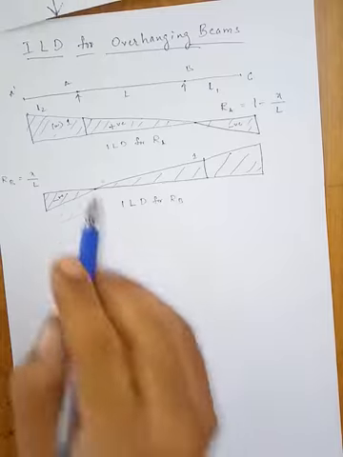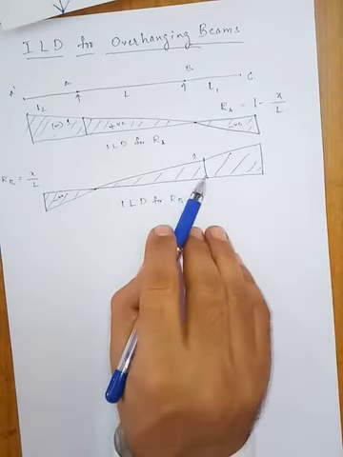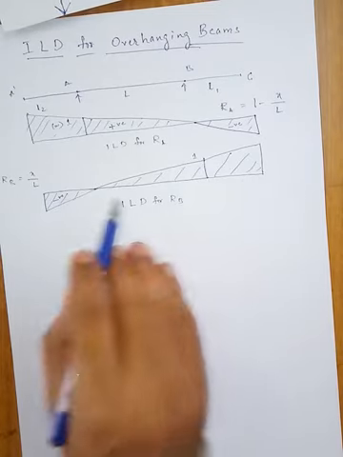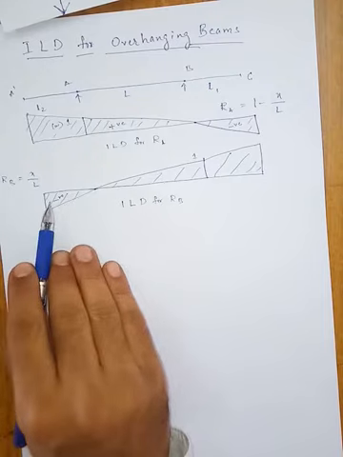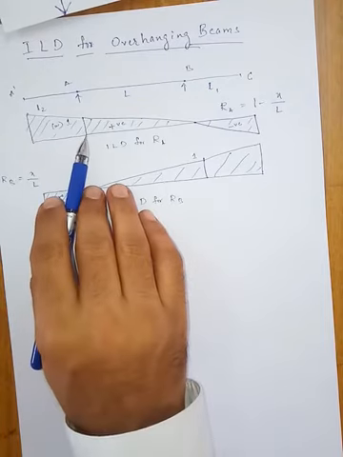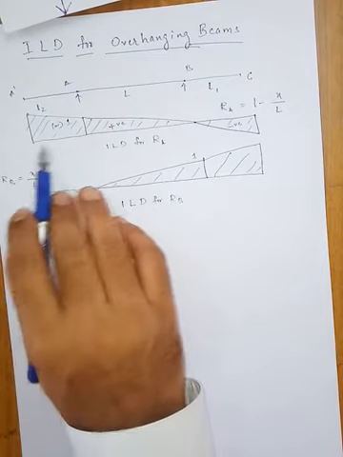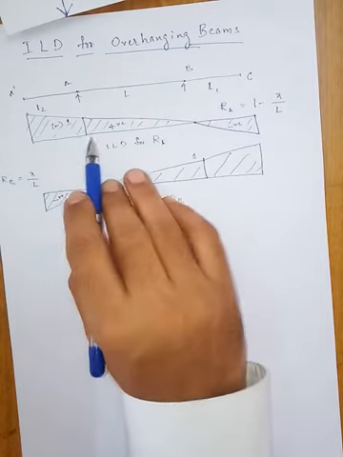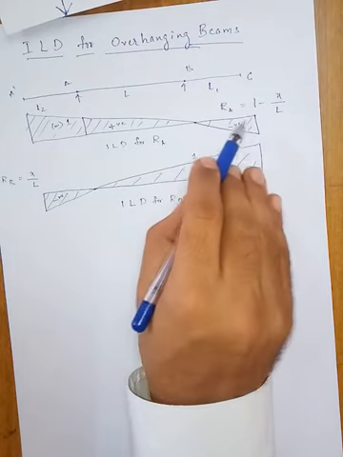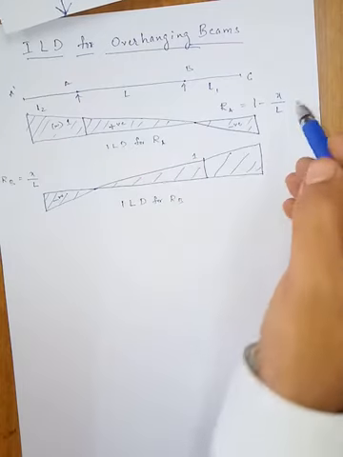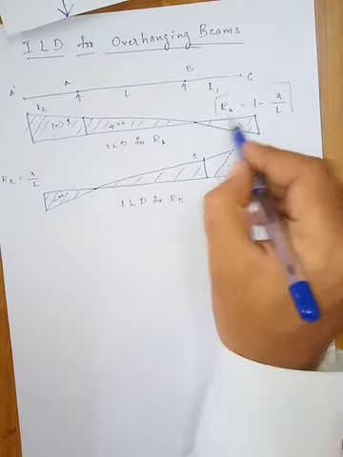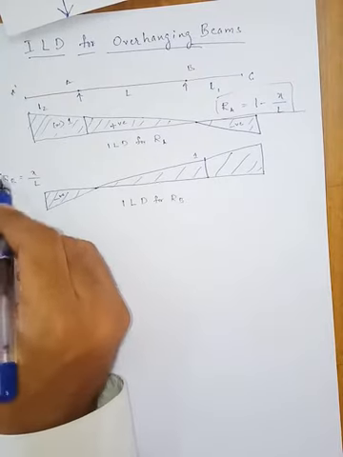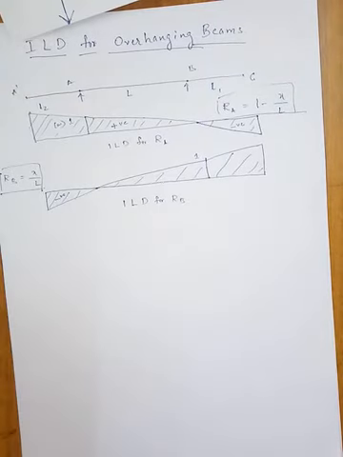From here till here it is 0 to 1. Beyond B it is more than 1. Beyond A it is less than 0, negative. Here also, between A dash and A, it is more than 1 or W. Between A and B it is 1 to 0, and beyond B it is negative. The value will be RA is equal to 1 minus x upon L. Here it is nothing but RB is equal to x upon L.